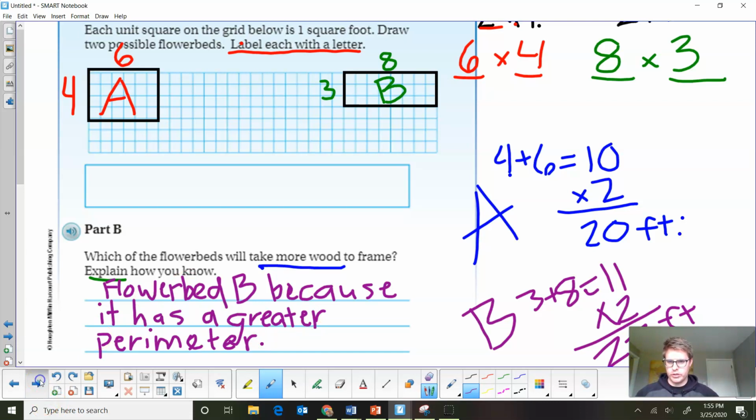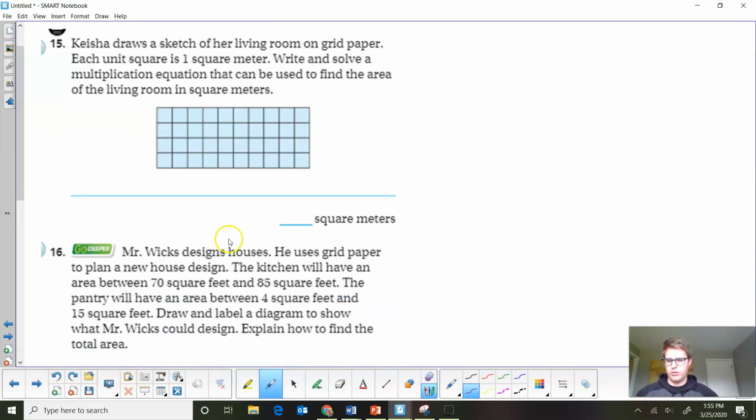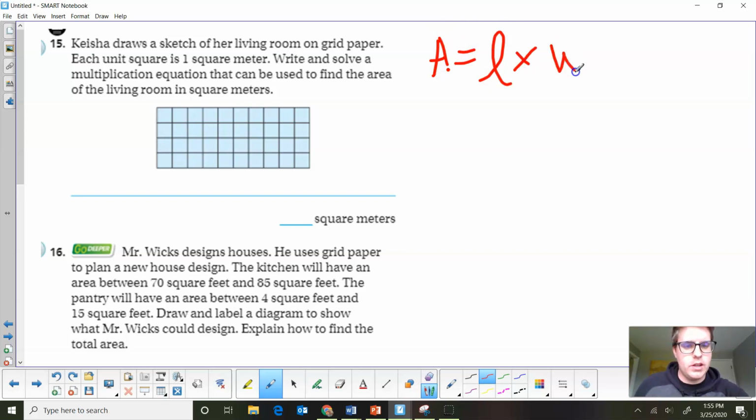Success. Do we have more? Yep, we do. Last page. 2 questions. Shouldn't be too hard. Keisha, or Kesha, not really sure, draws a sketch of her living room on grid paper. Each unit square is 1 square meter. Write and solve a multiplication equation that can be used to find the area of the living room in square meters. So area, right off the bat, we're thinking what times what? Yes. Length times width. Good work. So length times width here. Let's do it. The length